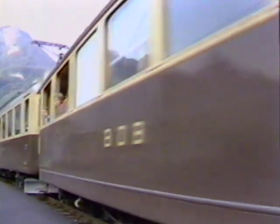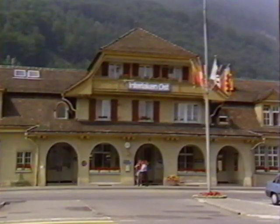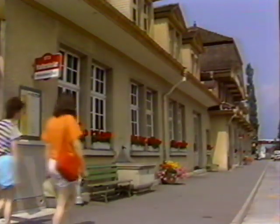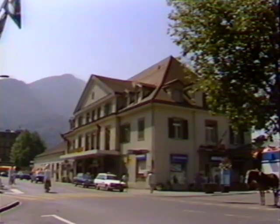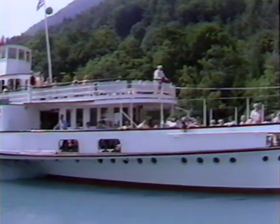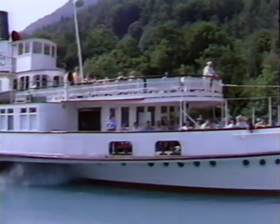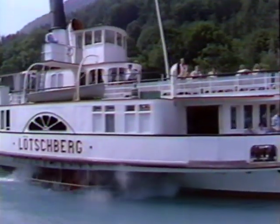Interlaken is about 70 miles south of Zurich and is a major hub and starting point for our exploration of this region by rail. From Interlaken, it's south by rail to Zermatt and the Matterhorn. Interlaken's two train stations are on the east and west sides of the city. Because Interlaken sits between two lakes, there's a great opportunity for exploration of the region by boat as well as rail. The paddle steamer